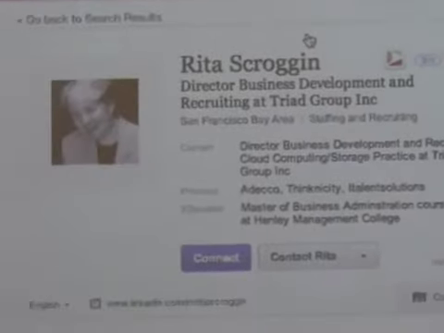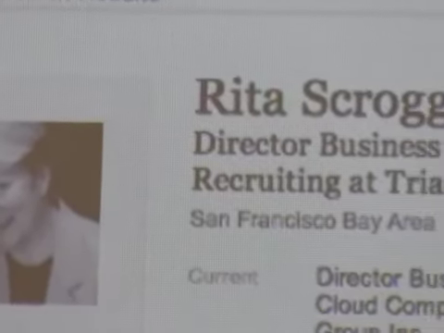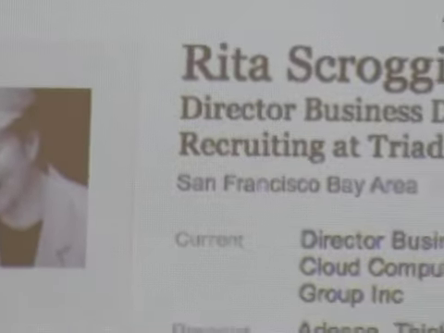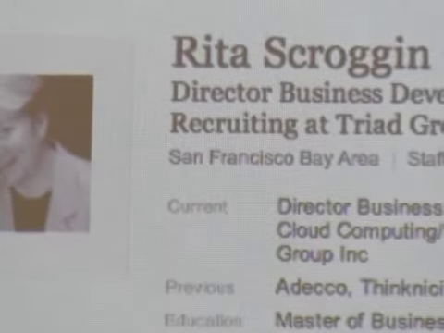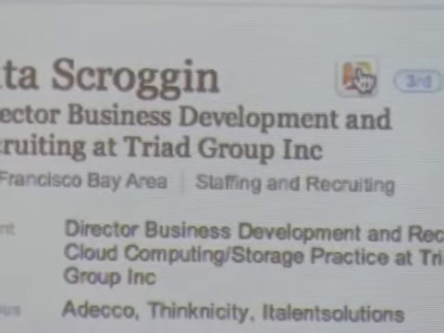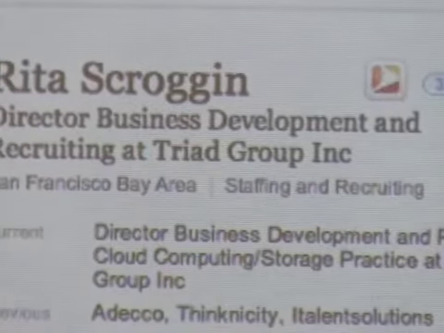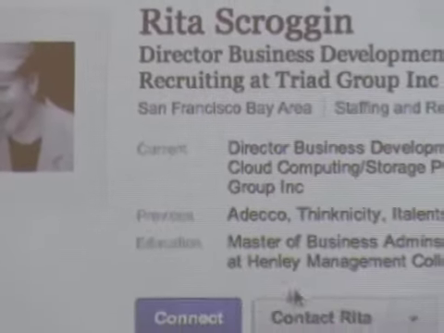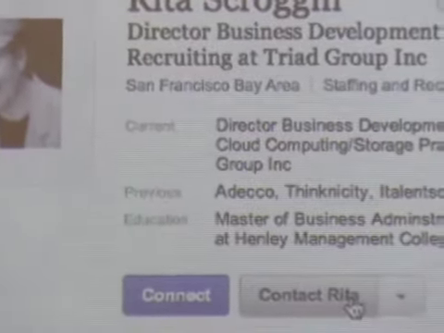So there's two things that you'll notice. One, Rita is not a contact that I already have. So if you're doing any kind of lead generation and you just want to add Rita as a lead, Ecquire gives you a button right here where it pulls in Rita's information for you, so you don't have to do the data entry. The other thing is that if I want to connect with Rita and I want to send her a message,